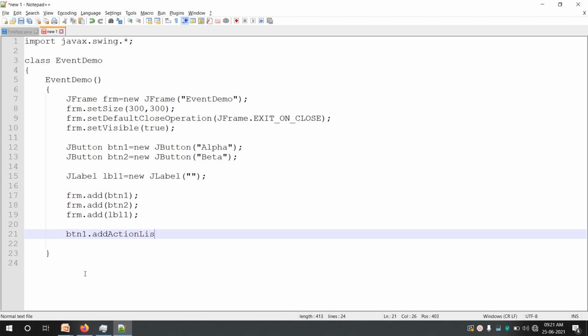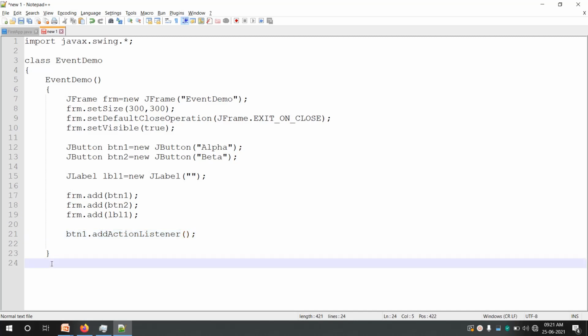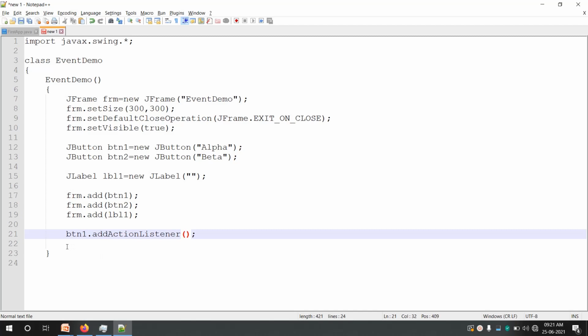So we have to register an action listener with a button. addActionListener, and inside this bracket we have to send a handler or listener class object which will listen and handle the event. One way is to declare a separate inner class, and an object of that class can be passed here. There are many different ways of doing the same.